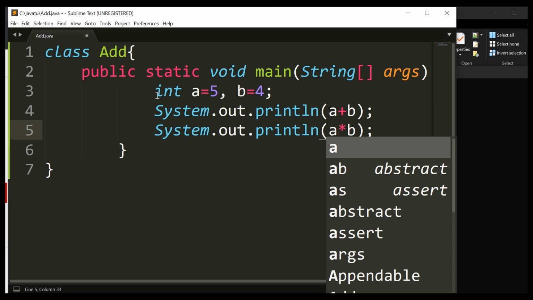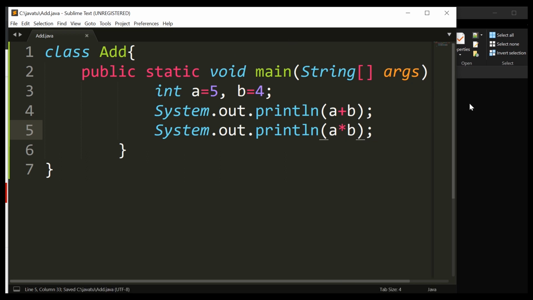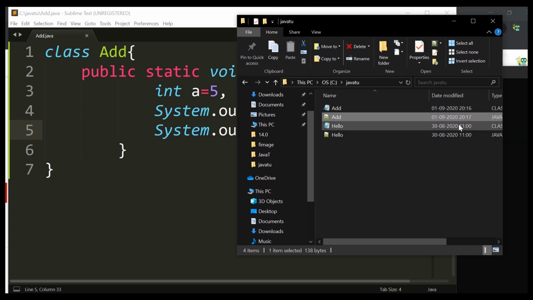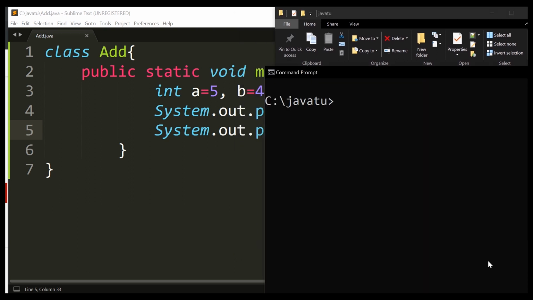Save the file and see, after compiling the file a .class file is generated. Now come to the cmd and again compile your file, javac Add.java, and there is no error.